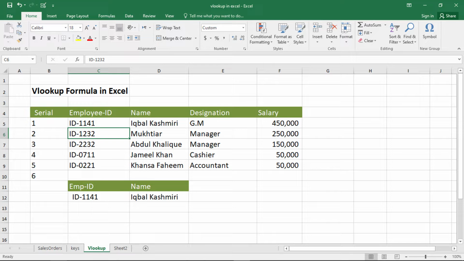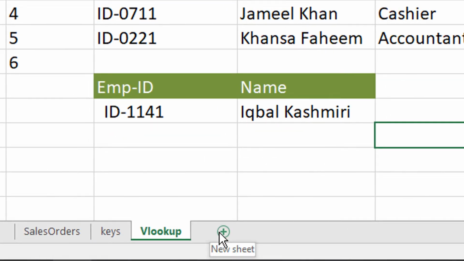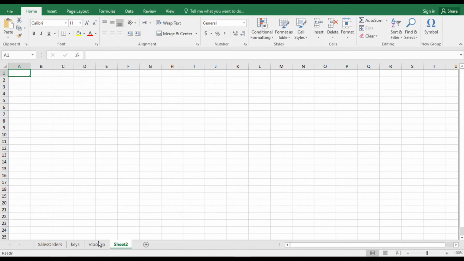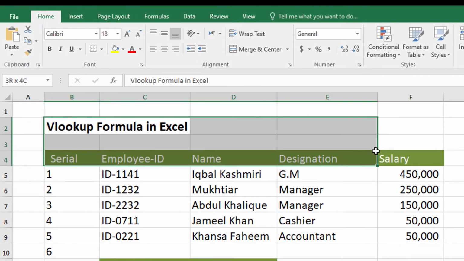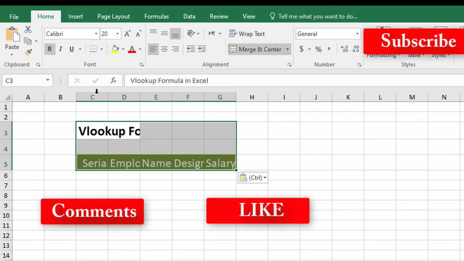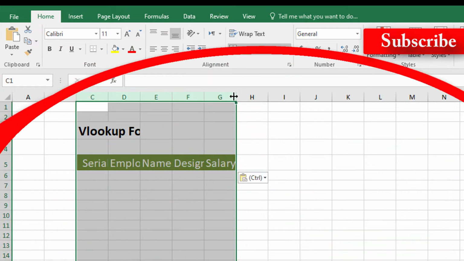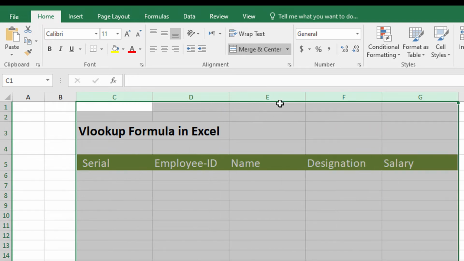In today's video, we will learn how to use the VLOOKUP formula in different sheets, or you can say how to use the VLOOKUP formula between two sheets. For this purpose, we make a new sheet by clicking on the plus button at the end of the sheets and copy cells from my old sheet like this. Now please adjust the cells from the top of the cells. As you can see,